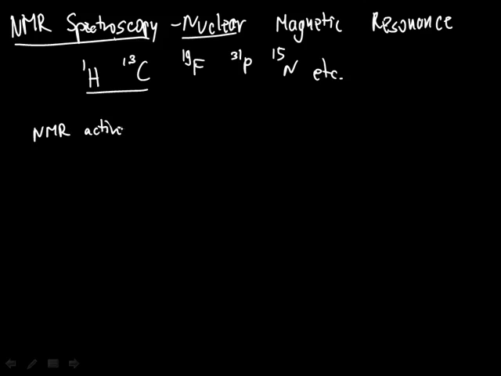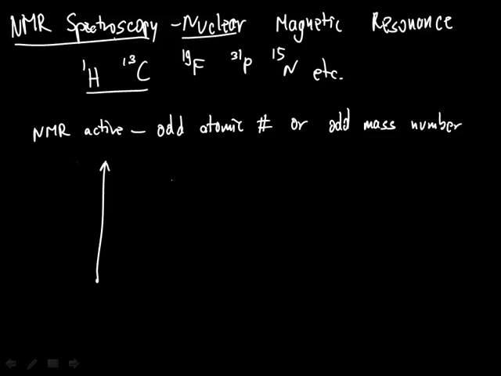In order for a nucleus to be an NMR active nucleus, it needs to have an odd atomic number or an odd mass number. In other words, it needs to have either an odd number of protons or an odd sum of the number of protons and neutrons. Okay? If the nucleus satisfies either one of these two conditions, then it will behave like a little magnet. It will have a magnetic moment which will be non-zero, and that magnetic moment will dictate that the nucleus orients itself in the presence of an external magnetic field, B0,